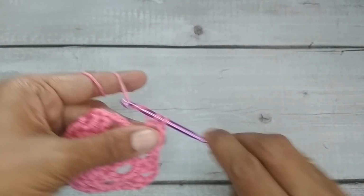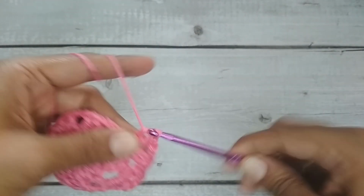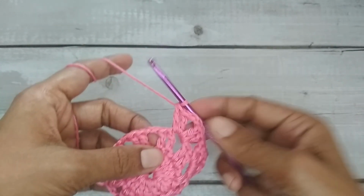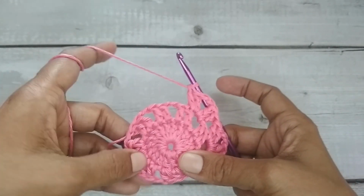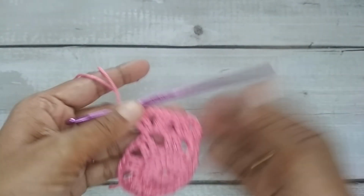Okay, so this is the pattern that we'll repeat. In every chain 2 space you're going to do the same thing. You will be making two double crochet, two chain stitch, two double crochet. So this is the next chain 2 space. So please put two double crochet, two chain stitch and two double crochet. So like this, in every chain 2 space you have to put two double crochet, two chain stitch and two